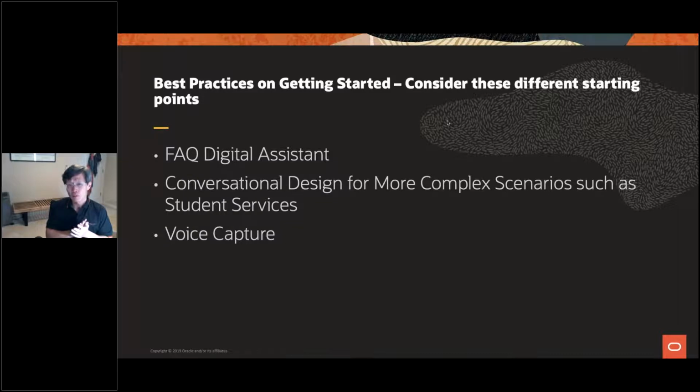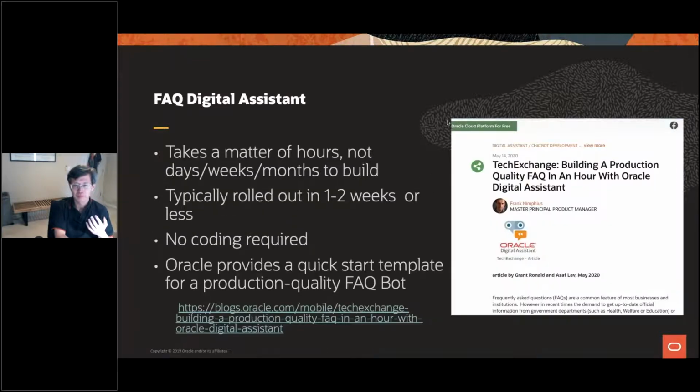However, if you need to move into more transactional conversation styles, then we would recommend a process where you go through conversation design to handle these more complex scenarios. We'll talk about that. And then the last thing is voice capture. What are the best practices if you're using voice? Okay, so first of all,